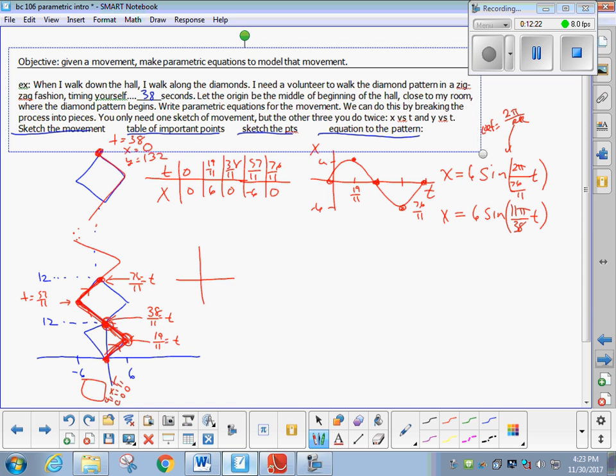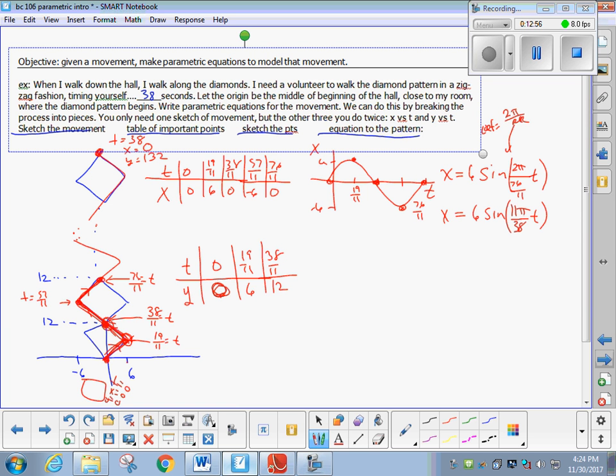Here are the points of y at time 0, 19/11ths, 38/11ths. I think that's all you're going to need because you're going to see a pretty easy trend going on. Y doesn't go back and forth. It continuously grows. You're constantly moving up. There's no up and down. So it's not sinusoidal. At time 0 you're at 0, but after the first time frame you've gone up 6 tiles, then 6 more tiles,